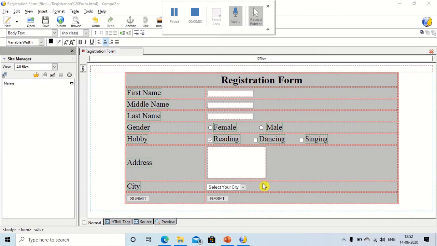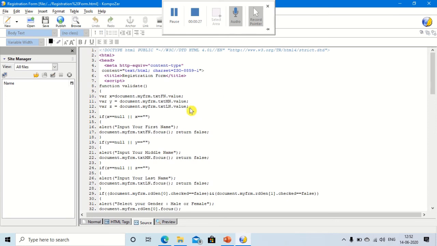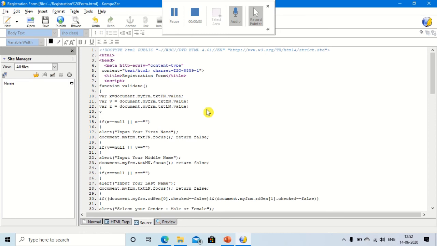After validating text boxes, radio button, check boxes, we are going to validate this address box. So address box is same as text boxes. Go to the source, then add the code. First of all, you have to declare one more variable here, which will store the address. So var ad is equal to document dot myfrm dot.